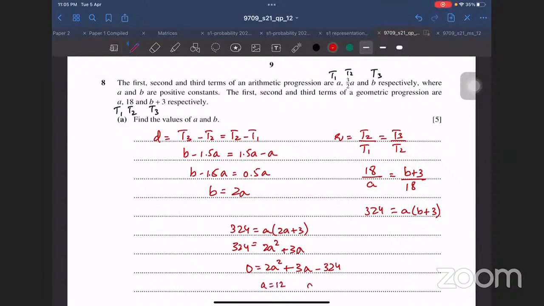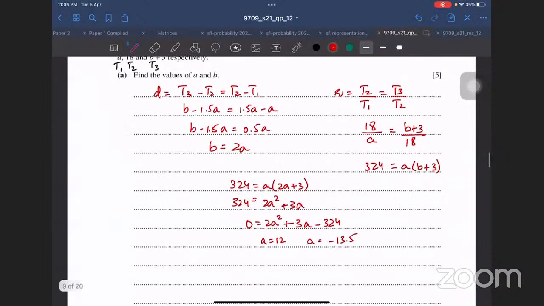Twelve and minus 13.5. Since it says they are positive constants, I'm going to take the positive one. b should equal